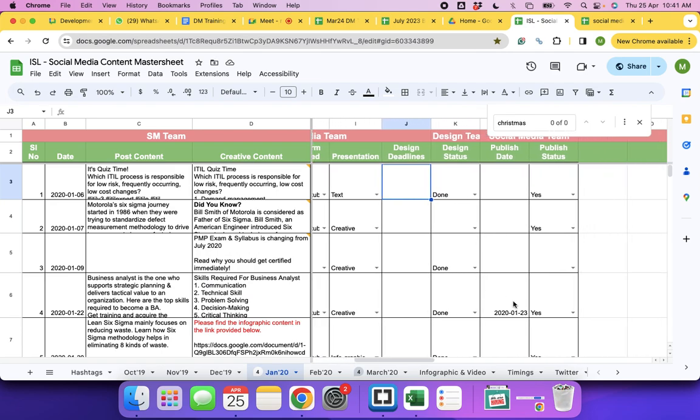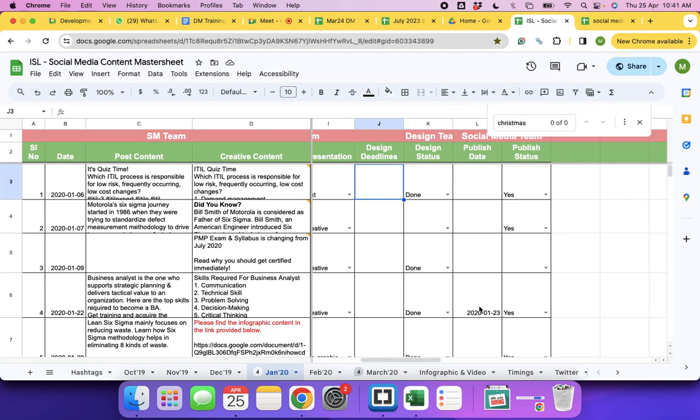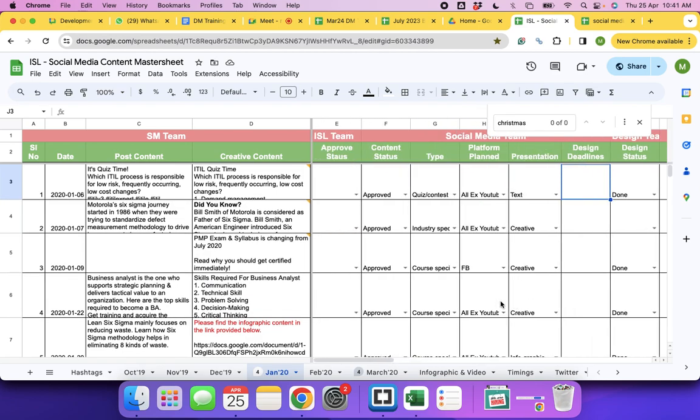Publish date, when are you publishing it? The date, publish status, yes. Yeah, approval status, content status, approved. So this is how you have to maintain your communication with different teams and status of the post.